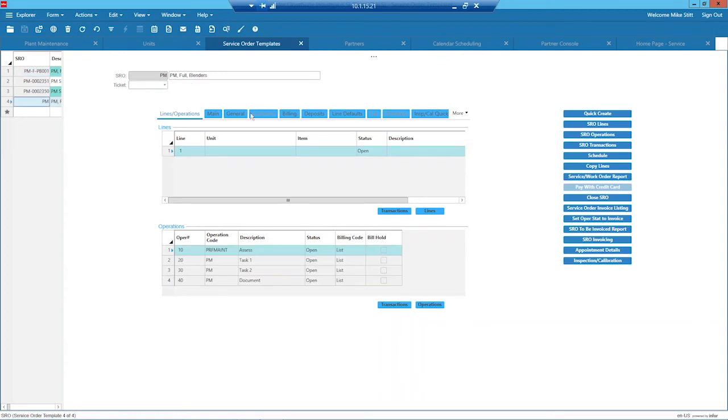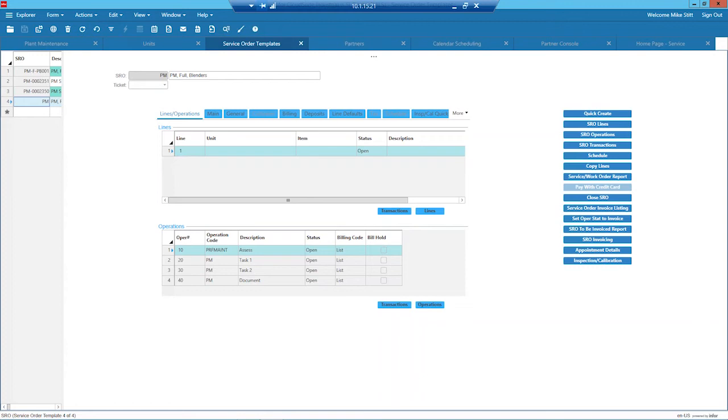And when I set this up, I can indicate the steps that I want to go through during this PM process. And if I went down into this transaction screen, I could also indicate what type of materials or items are needed as well. So a service order template is exactly that. It's a great template tool to allow you to predefine what is needed on any given PM activity,